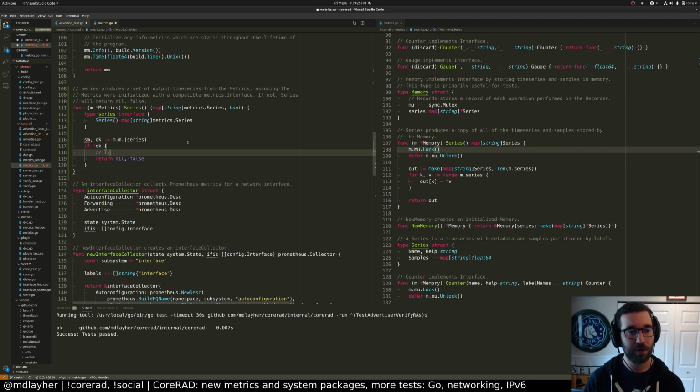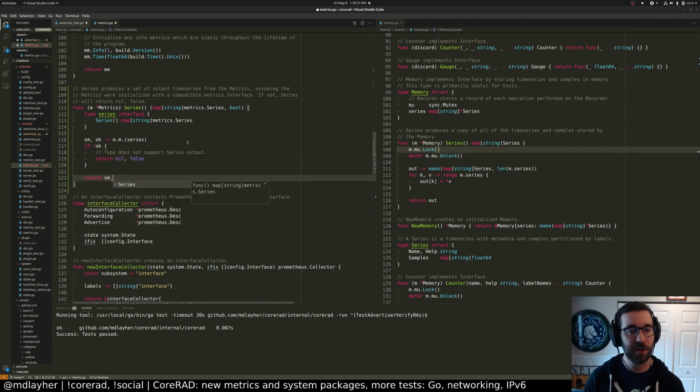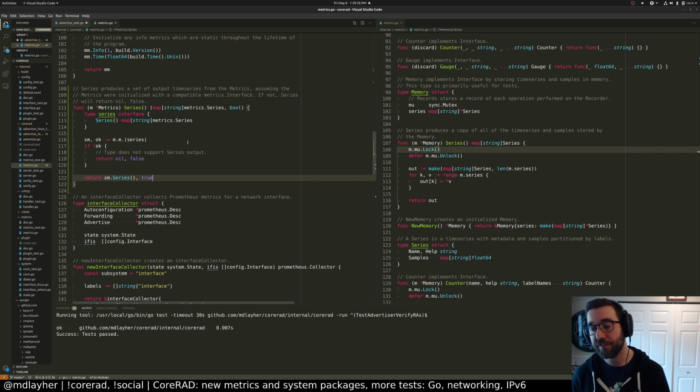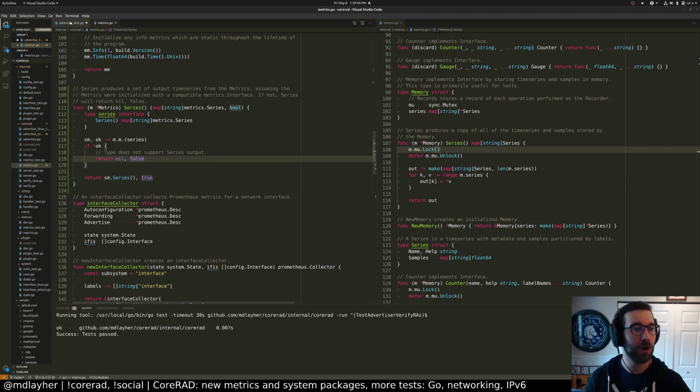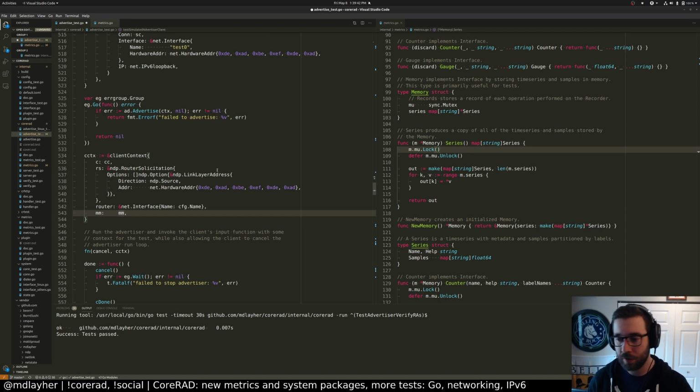Type does not support series output. And then if it does, series true. So now we have a new function we can use and go ahead and pull the time series out of this. So if I look over here now,